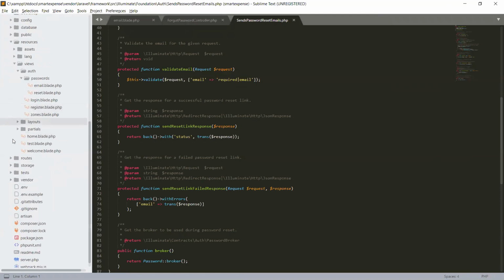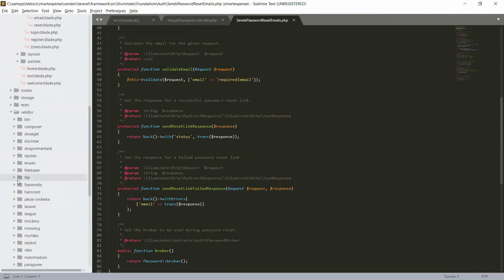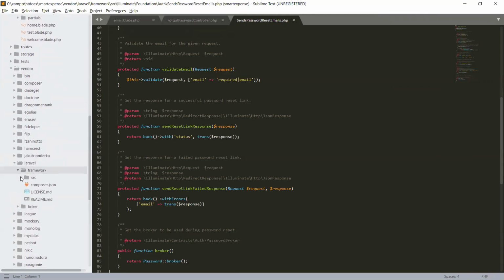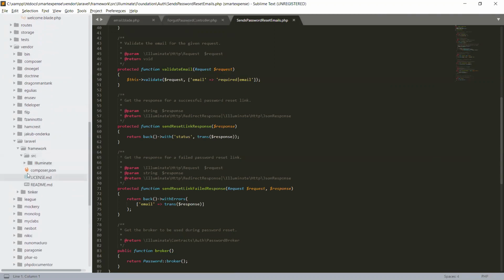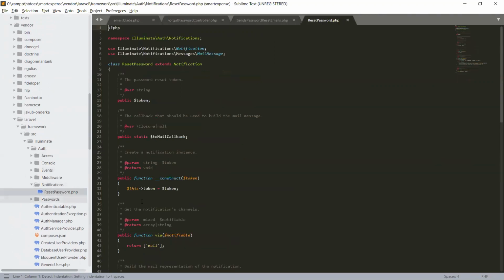Okay, in vendor, Laravel framework, source, illuminate, auth, and under notification, reset password.